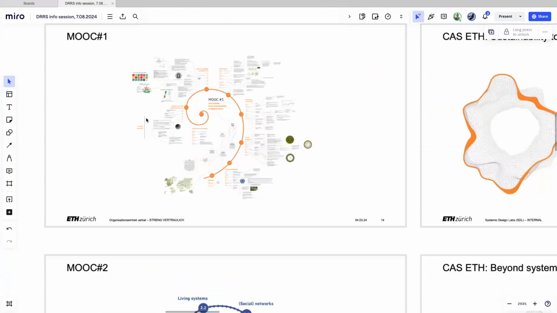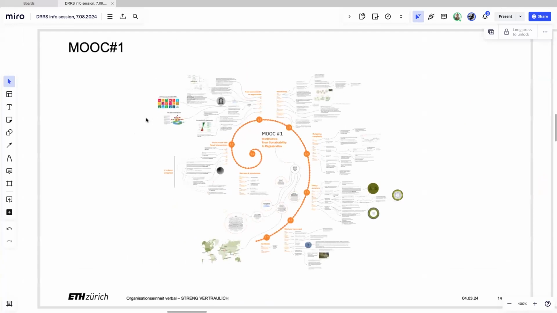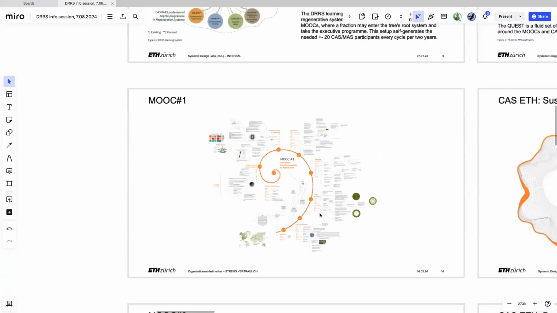Just in brief, and this is something to share, we have here an amazing overview of MOOC number 1, of the different content in these different modules in the spiral form, from the very beginning introduction to the worldview chapter, to reframing complexity, design as nature, mind and movement, and synthesis. This was developed for all MOOCs once they had the second iteration, and we had the chance to take back enough feedback from many people and evolve it in this way, which gives another way of access and of learning, also in a fast way of spurring relational thinking. So it's not a linear process, but very relational. And this is one example.